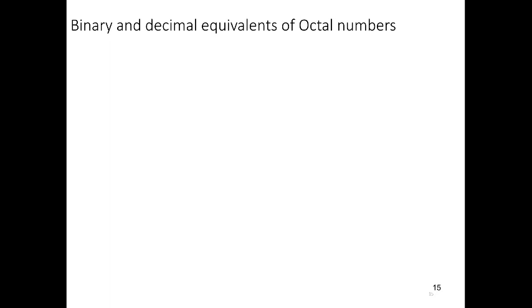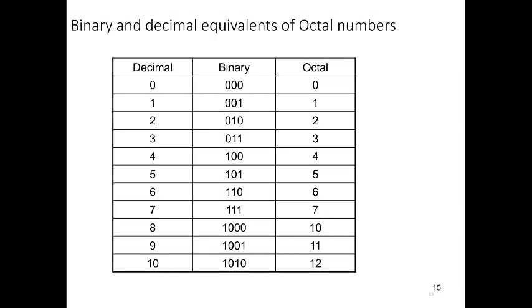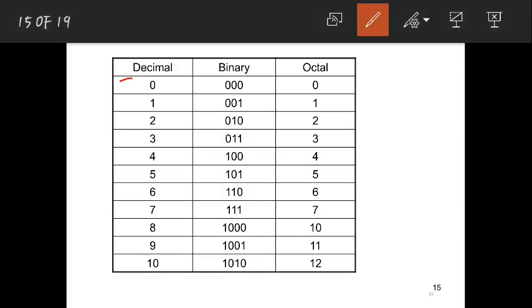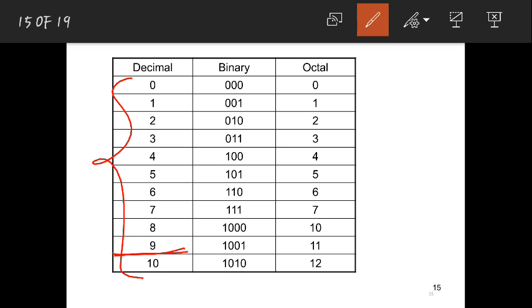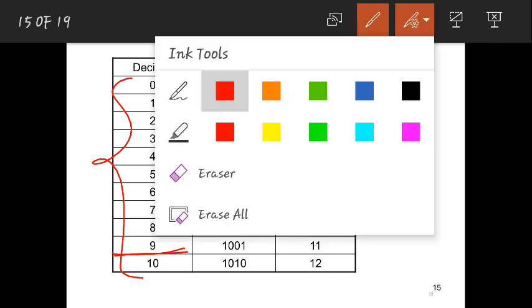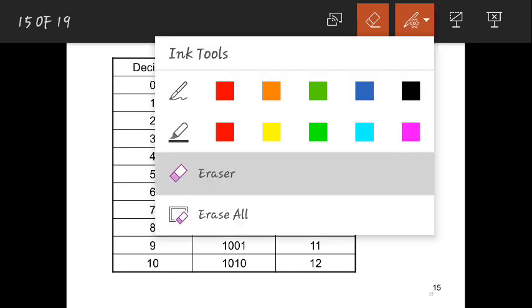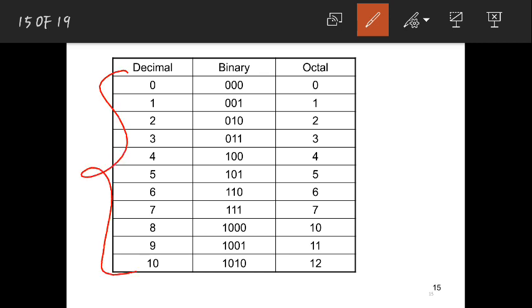In the tabular form I have written before, you had octal and binary. You didn't have decimal. Decimal means 10, right? See here, decimal means you have 0 to 10. Actually you should be having 0 to 9, not 10. Even 10 comes under decimal itself. 10, 11, 12, and so on, all this comes under decimal. If you write its symbols, you have only 0 to 9. So these all are decimal numbers.